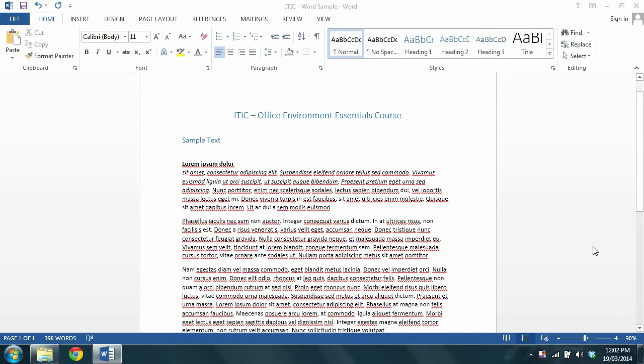Okay, now we're going to have a look at some format painting. I just quickly paused the record and applied some formatting to this section of text. The format painter is really handy because it allows us, as I spoke about in the last section in the clipboard section, to copy some formatting into the Windows clipboard and apply that to other text. So if I click Format Painter here and then select this text,